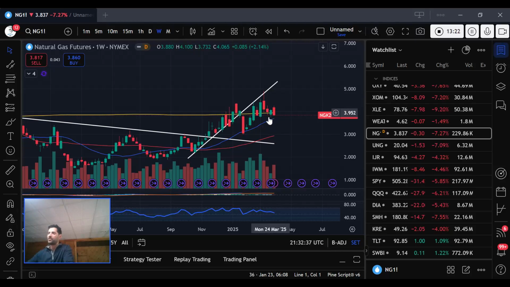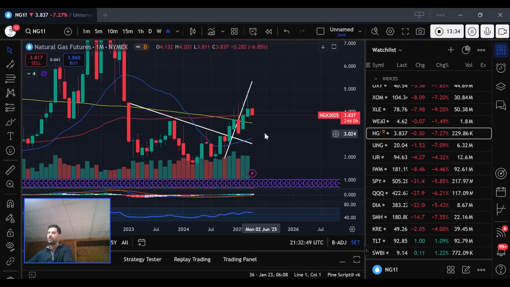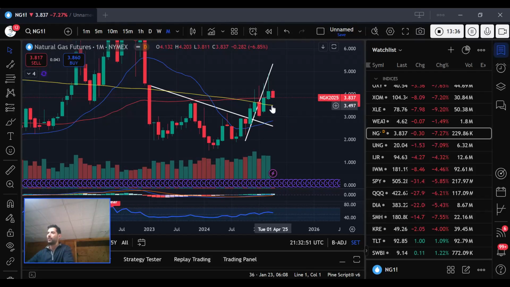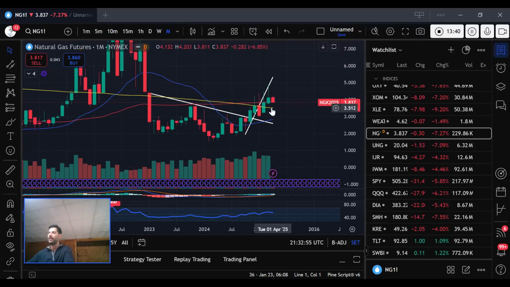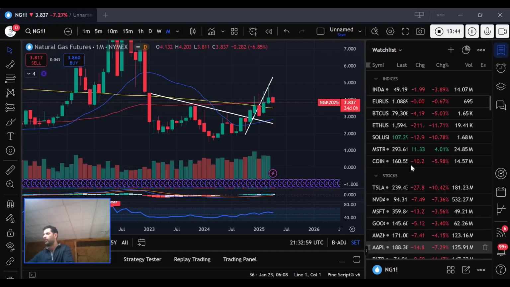So Nat Gas is still into some really good support right here. If it does continue to sell, we're going down into the $3 range, but I think that's going to be short term. On a monthly chart, there's a lot of support at $3.50. So we'll see what happens with Nat Gas. I'm still bullish on Nat Gas. Could take a little bit longer though.